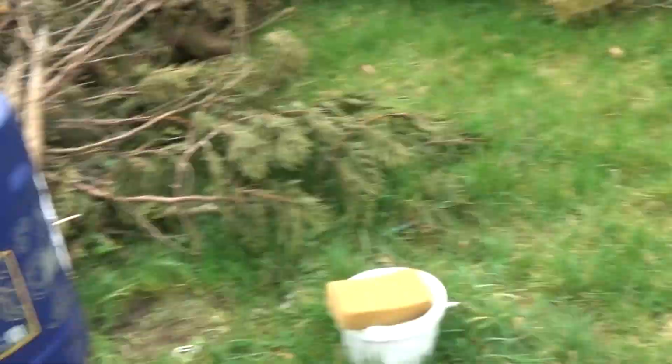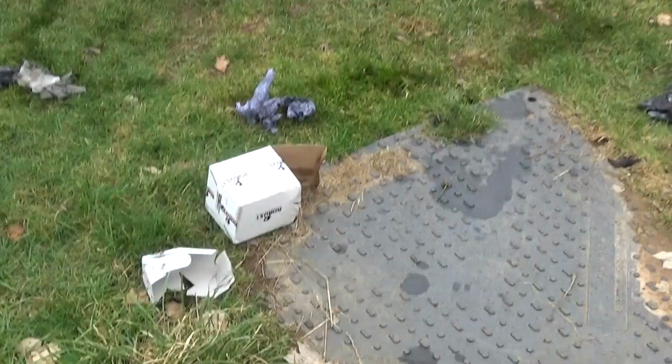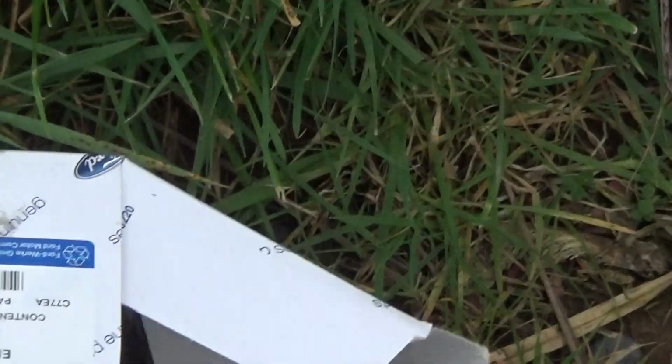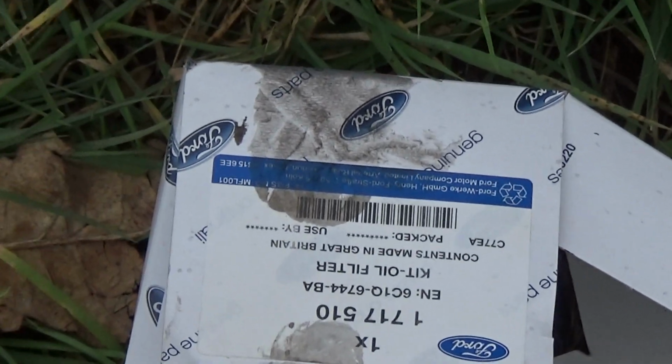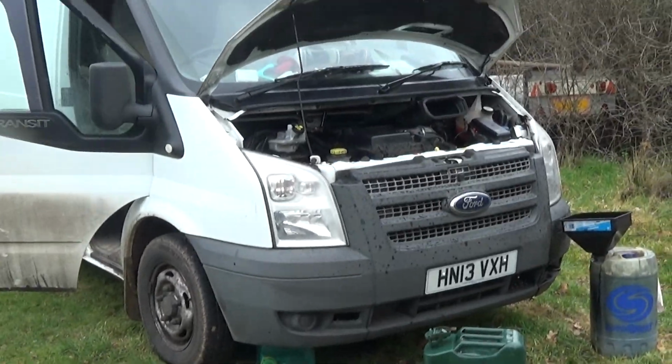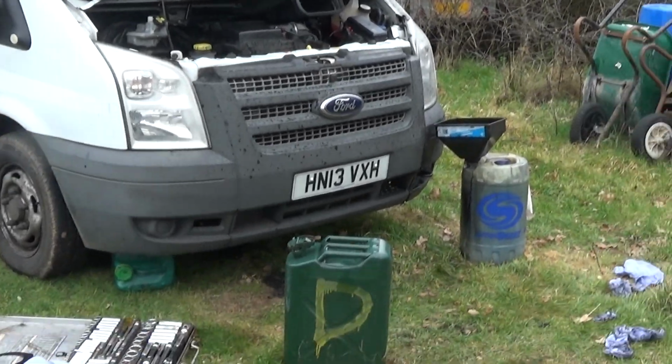So yeah. Also the oil filters by Ford, the Microns, is really good. If you buy it, you can get them for like a few quid off of eBay, but they're just crap. They come from India or China, and they're just little